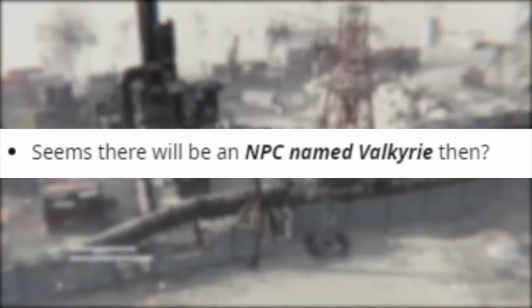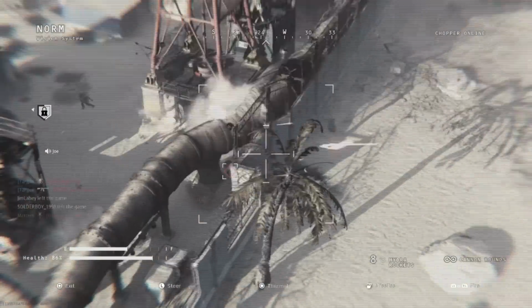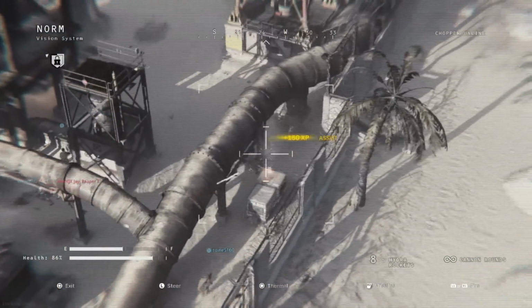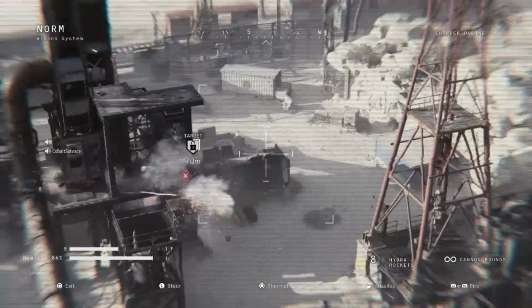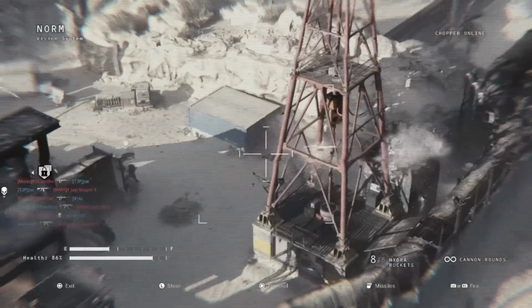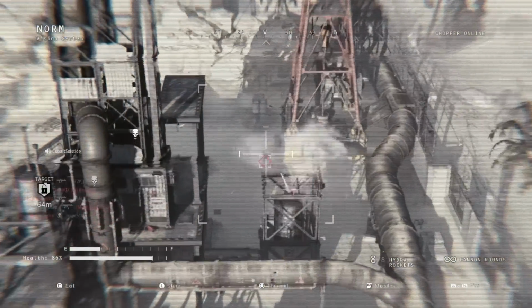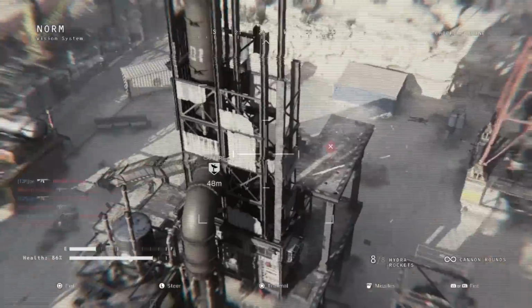And there also seems to be an NPC named Valkyrie in it. So very interesting there on how that works. I mean, it seems like when you die and you go to the Gulag, there's a lot of different stuff, not just the 1v1s, but different objectives that you have. So you're not just spectating your teammates or other players in the game. There's still a lot of stuff to do when you actually die and you go to the Gulag in Warzone